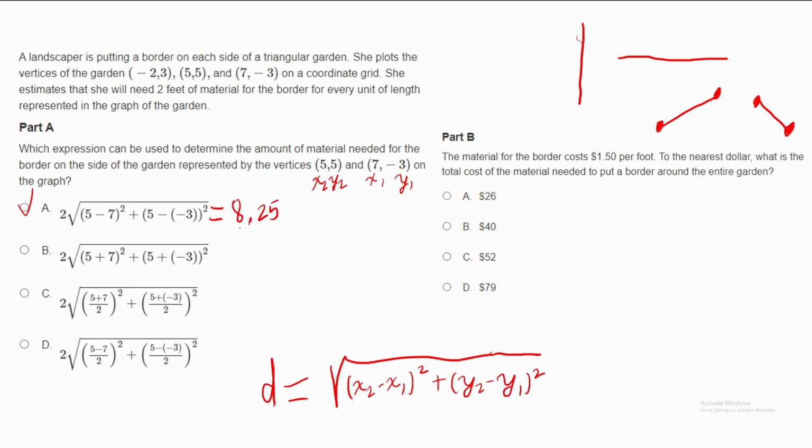8.25. This is only one side. We need to do this for 2 other sides, right? Our next side is going to utilize -2, -3 and 7, -3, right? So let me erase all this up here. When I write that distance formula, I'm going to plug it in using that distance formula down below. Square root. We get x2. Let's say 7 is my x2. 7 minus x1, which can be a -2,